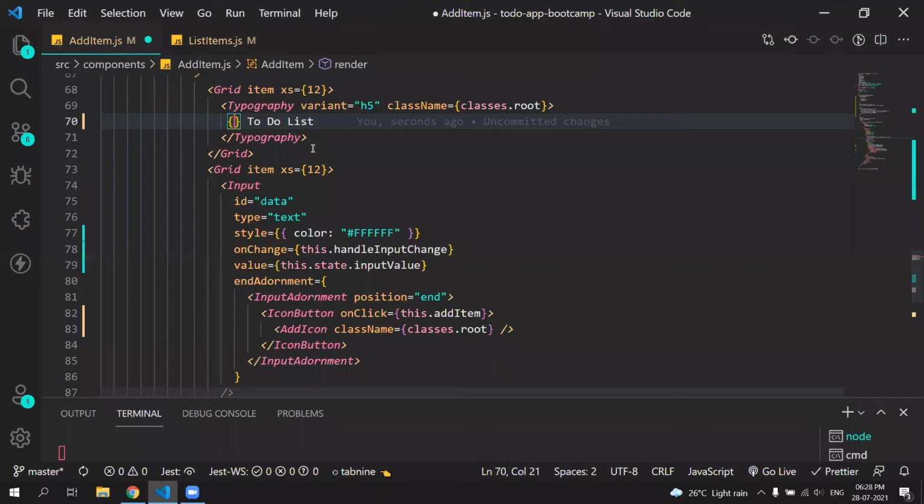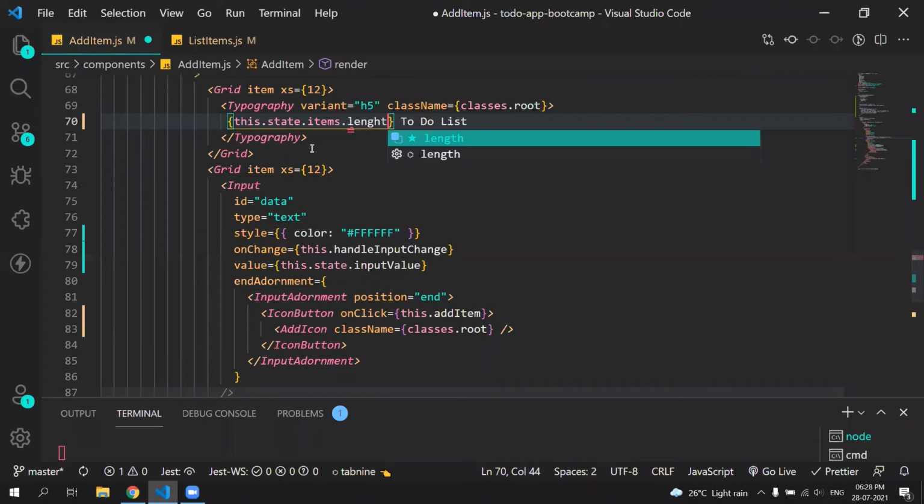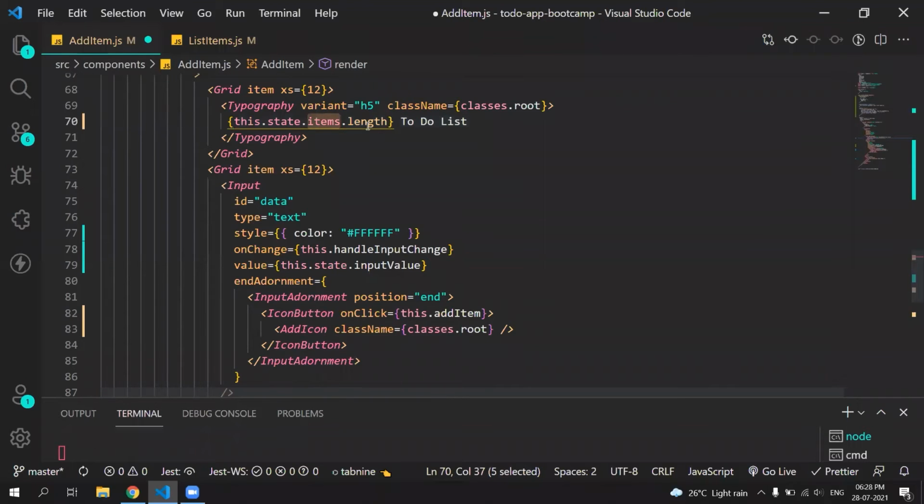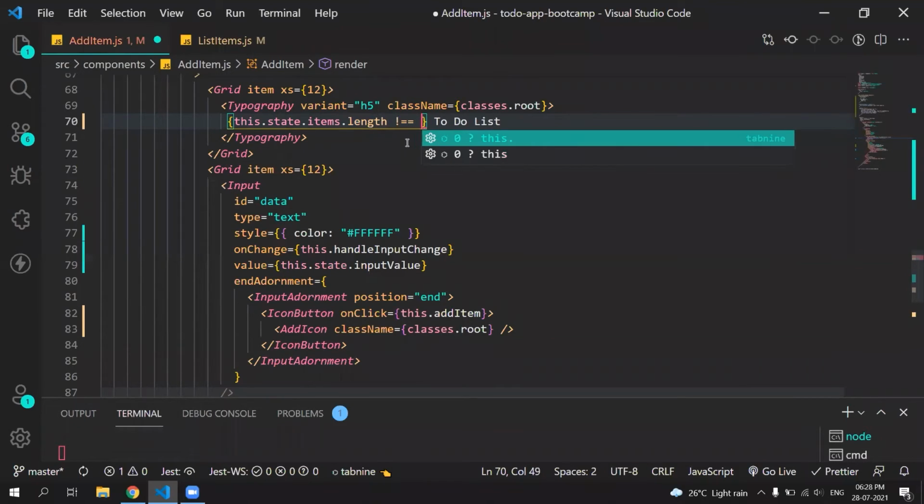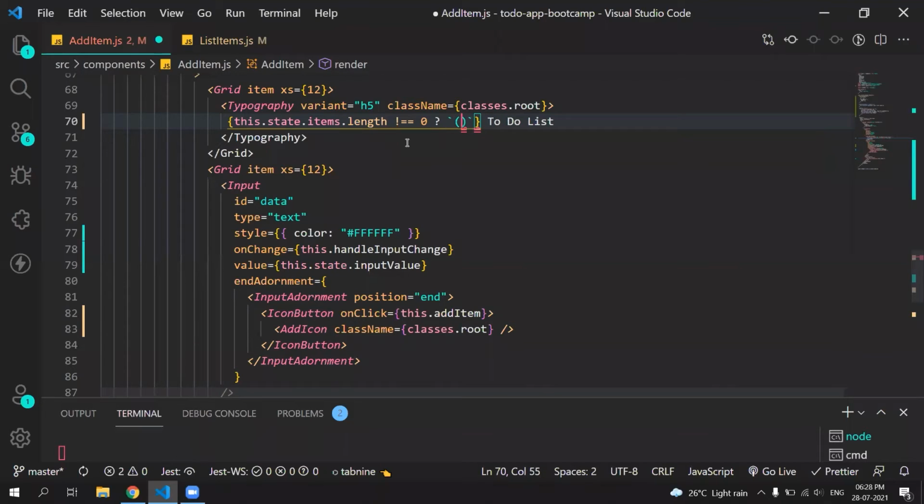So what will be the condition? The condition will be this.state.items.length. Since our items is an array, we can get the length of it using the dot length property. So if the length of our items is not equal to 0, if it's greater than 0, then we can show something like this.